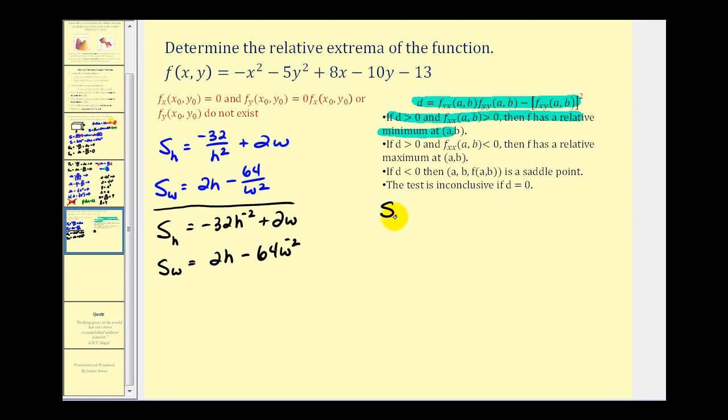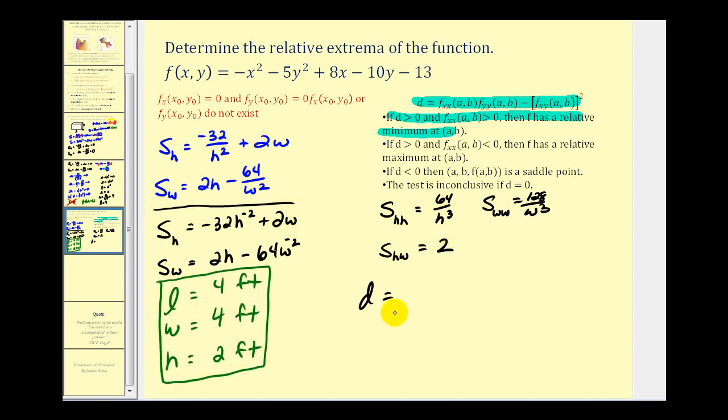So the second order partial of h would be positive 64 h to the negative third power, or 64 over h to the third. And the second order partial with respect to w would be positive 128 w to the negative third, or over w to the third. Then the mixed second order partial would just be 2. And remember, the values we're considering are L equals 4, W equals 4, and H equals 2. So when H is equal to 2, this second order partial would be 8. And when W is 4, this second order partial would be 16